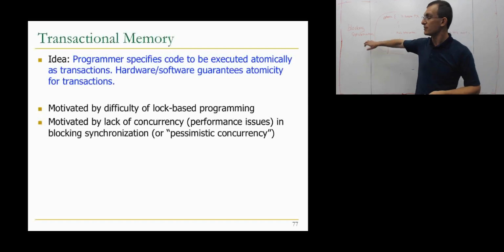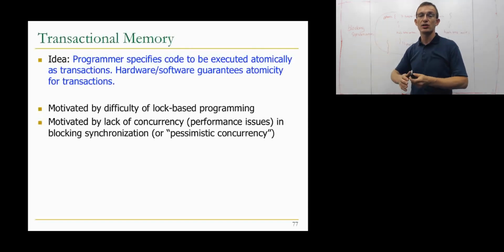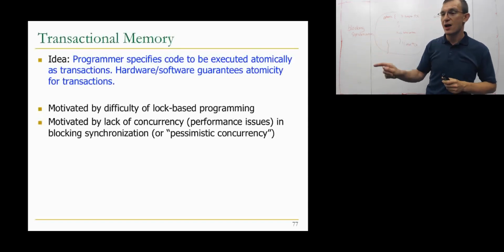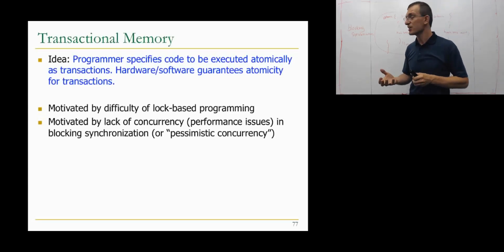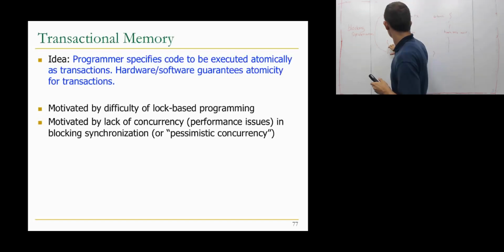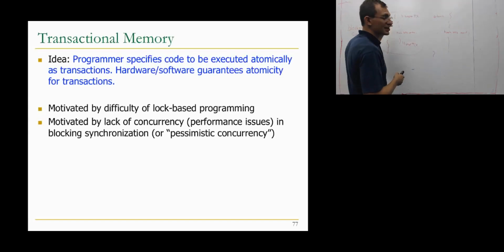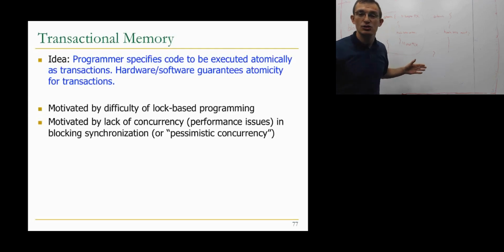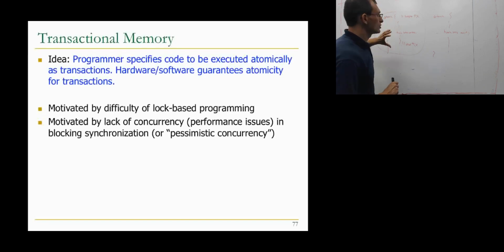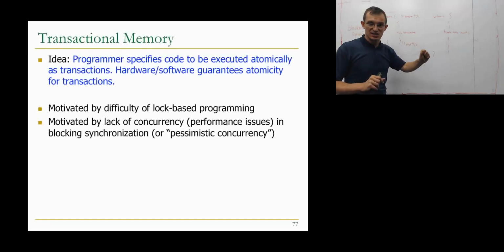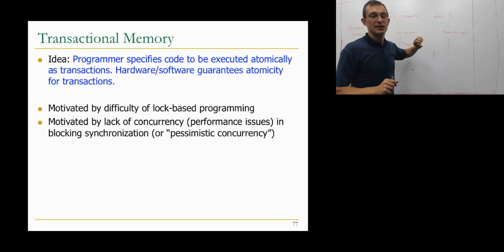And we've kind of talked about this, right? Blocking synchronization leads to lack of concurrency because you need to have serialization. But there are many cases where serialization is dynamically unnecessary. If you had atomic constructs like this, begin transaction and end transaction, then the runtime system can decide which transactions can be executed in parallel in an underlying manner. There's no reason for the programmer to serialize these different accesses that do not necessarily require synchronization